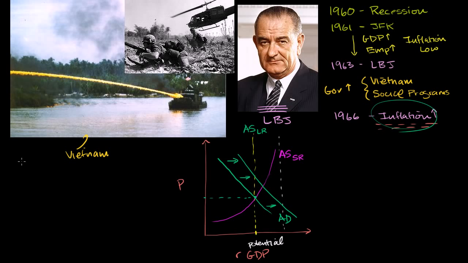So what is the new short-term equilibrium? Well, aggregate demand is intersecting aggregate supply right over there. And as we see, the equilibrium level of prices in this model has gone up. We're now producing above potential. We're overheating a little bit. And actually, if you look at the data in 1966, 1967, unemployment did become ridiculously low. It got to the 3-point-something percent for a little while. Many people would argue that even now, that is an unnaturally low level of unemployment, that people and factories are operating beyond a sustainable full capacity.